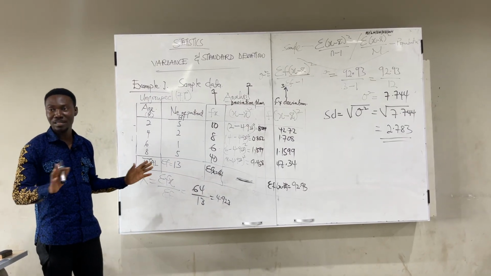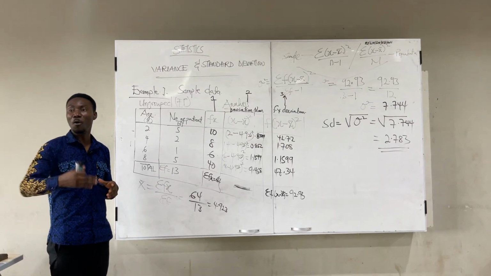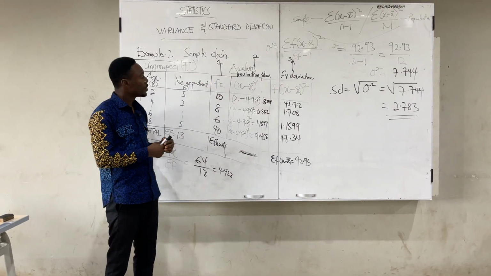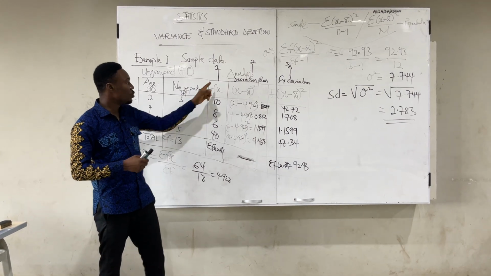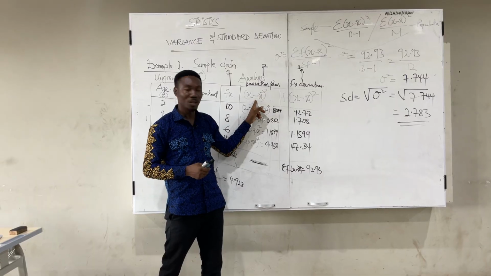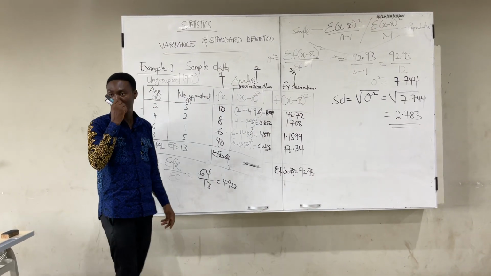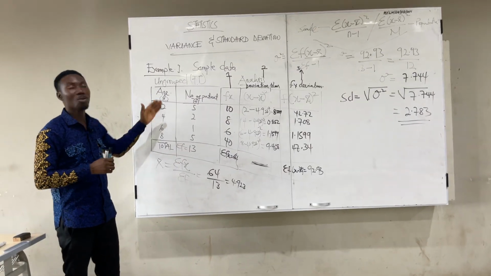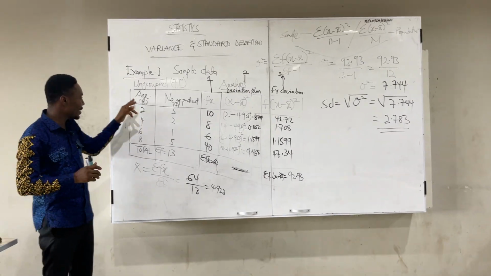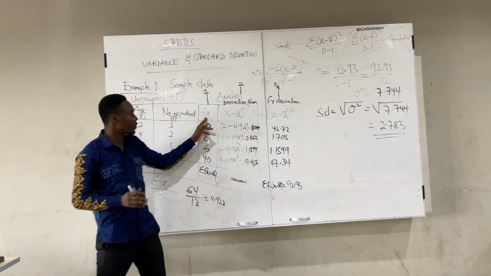So there are 2 principles here. If it was a grouped frequency table, we will need 4 columns. The first column will be the midpoint column, the second column will be the f of x column, the third column would be the deviation column, and the last column, which is the fourth, will be the frequency times the deviation column. But here, this is ungrouped. You don't need the midpoint column because the x is already here. So here, we only need 3 columns. The f of x column,